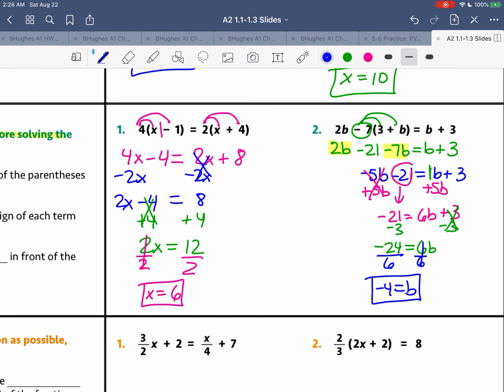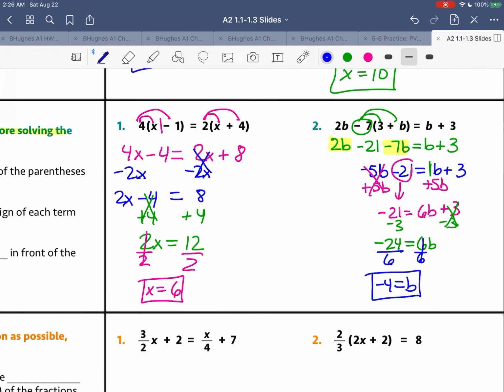So those types of equations, you just got to remember your steps for making sure that you properly distribute. So the last type of equation we're going to talk about is equations